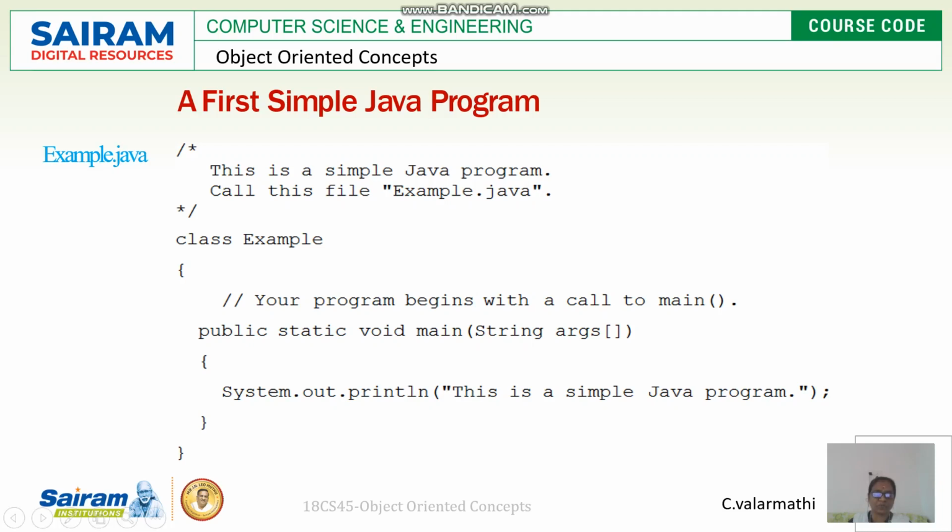I should save this program with the extension .java. Always you have to save this file with the class name. So this is also one of the conditions. I am giving one condition here: always the first letter of your class should be capital, and we have to save that file with the name of the class name .java. In a similar way, Example.java is saved.